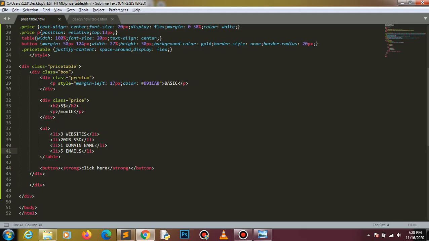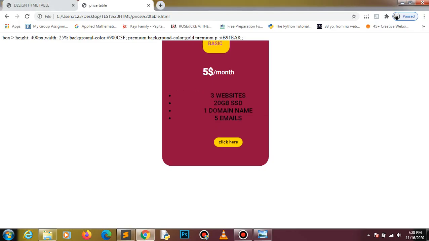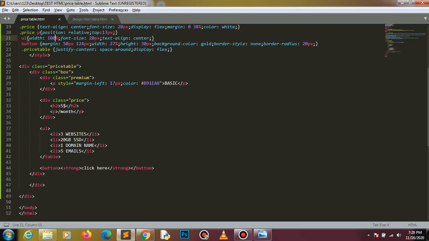You'll get the same result, but now you have to give an unordered list and width of 100, and in place of table now you will mention the unordered list. Now let's see what happens with this. You just give it a width of 100%, so we don't want it, and list